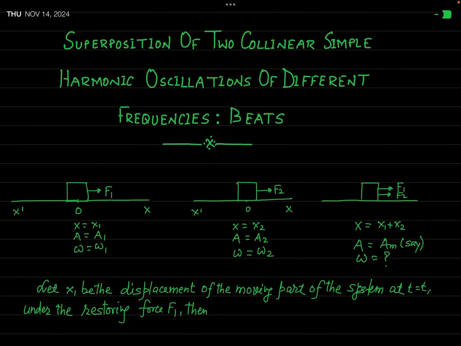In the previous lecture, we have seen the problem of superposition of two collinear simple harmonic oscillations of equal frequencies. But today we will see what will happen when we consider the superposition of two collinear simple harmonic oscillations of different frequencies, not equal frequencies. Actually, you will see that when the superposed harmonic oscillations are not of equal frequencies, we will get a different